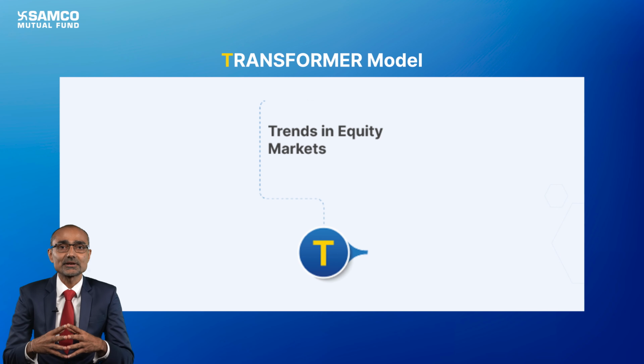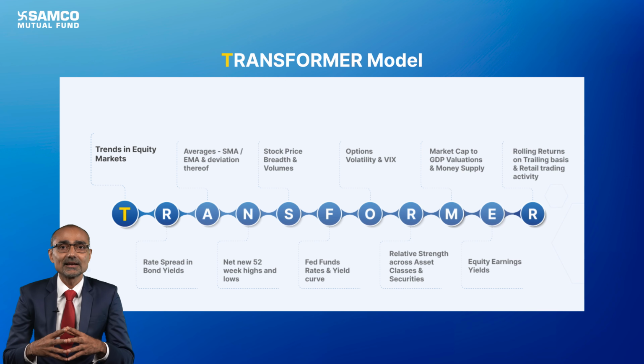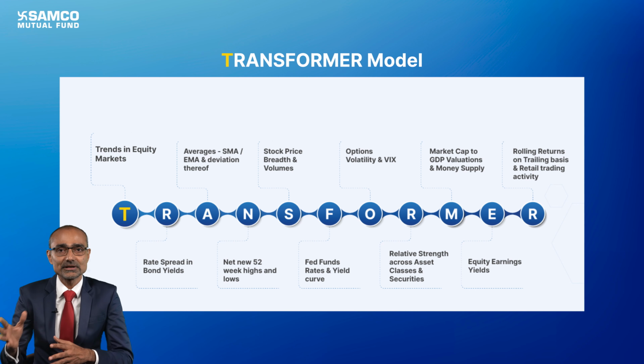How does the transformer model change from 0 to 100% equity, and when the trend changes, turn 0 to 100% debt? Let me explain the transformer model. T stands for trends in the equity market. Bhav Bhagwan hai. This is the most important part of the model and strategically decides whether to remain in equities or